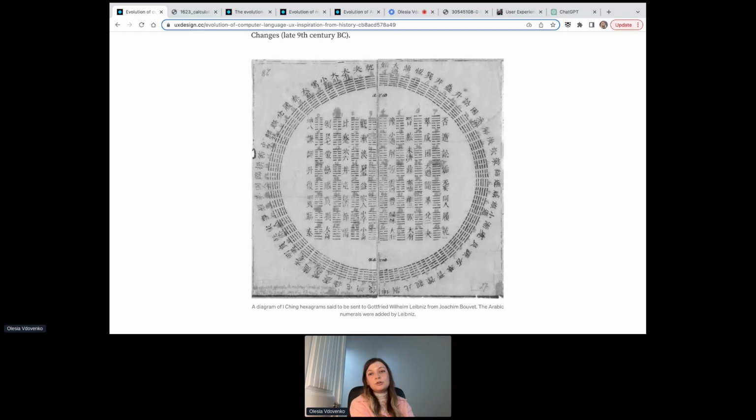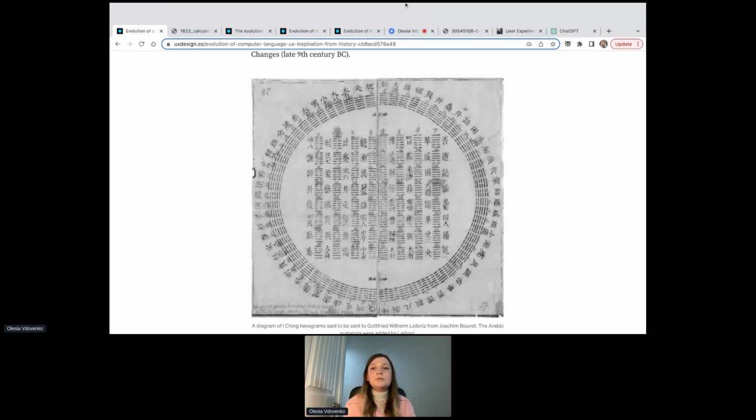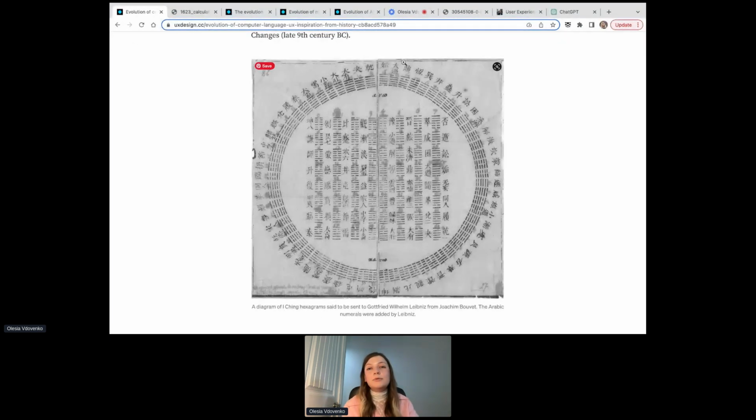So studying interaction history shows us a new perspective. It creates insight into the progression of human interaction. We can look at the history of a button, for example. The button is a fairly recent invention. So the creation of the button is kind of hard to pinpoint. There are different inspirations behind it, and everyone has different ideas of where it started. But it for sure was more popular during the digital age.